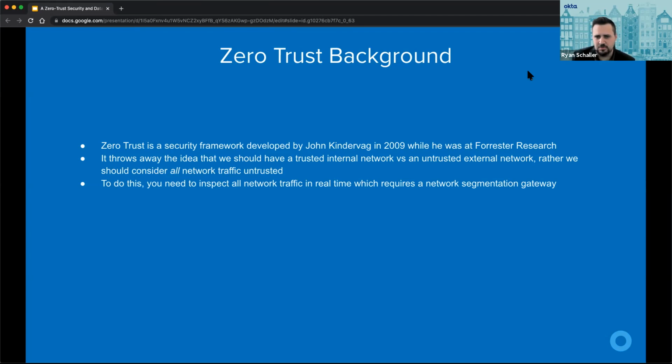In layman's terms, what this really means is instead of just thinking that as long as I stay within the corporate walls of my firewall, then I'm good to go. The reality is that everybody is moving around. We have people who are outside of those protected areas, and you access data from anywhere.